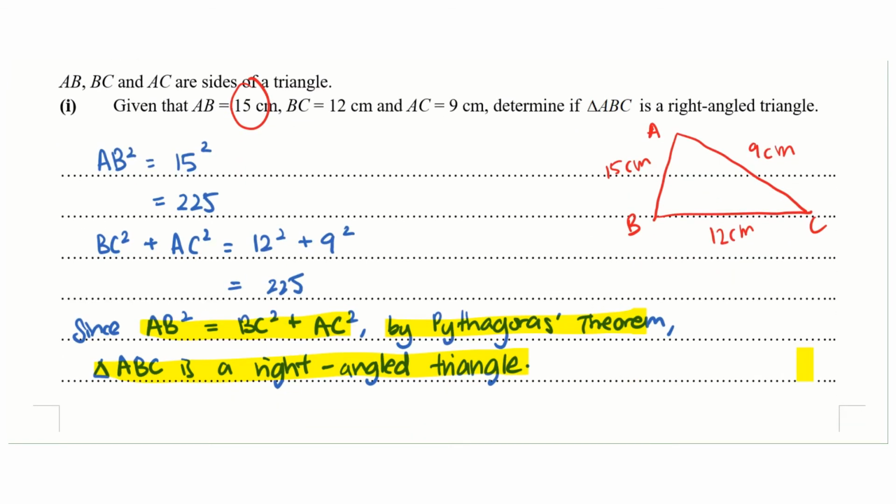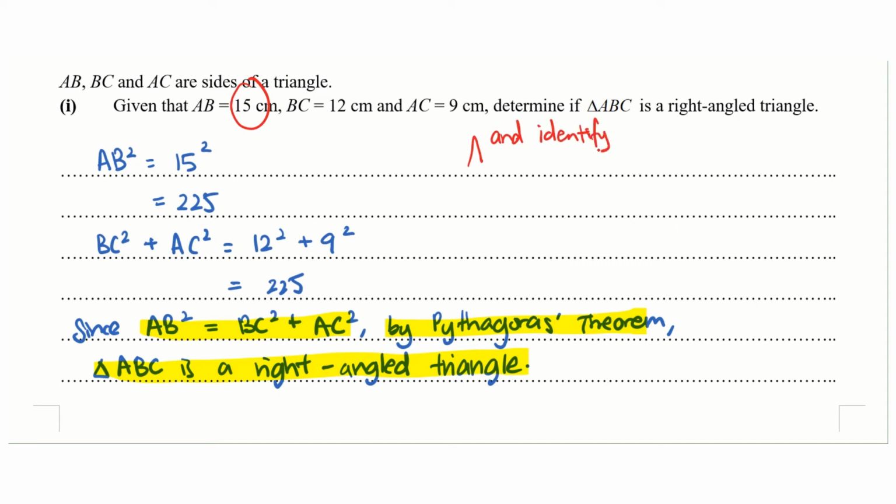Okay, just to add on to this question, what if the question asks you where is the right angle? Let me erase this diagram because it doesn't serve much purpose in the question actually. So my extension question is, if they ask, determine if triangle ABC is a right angle triangle and identify where is the right angle. Okay, so to identify where is this right angle,